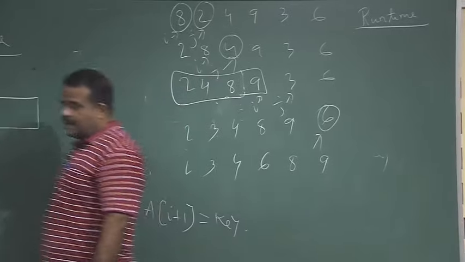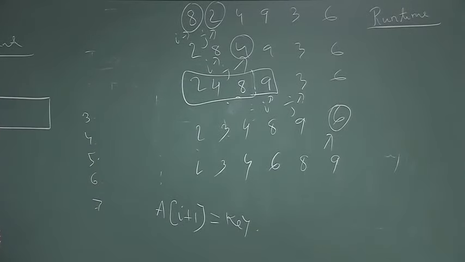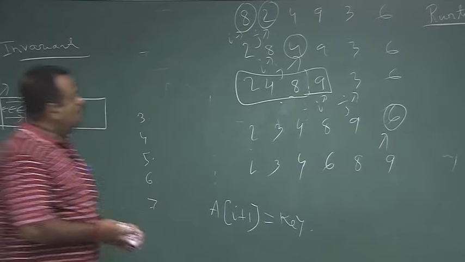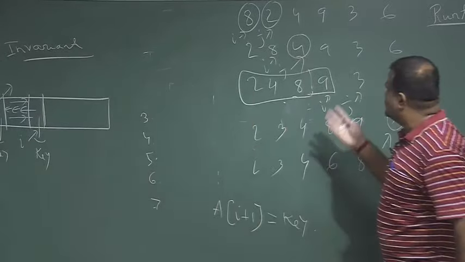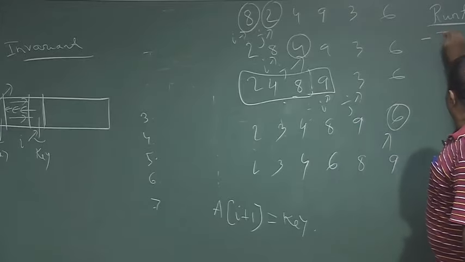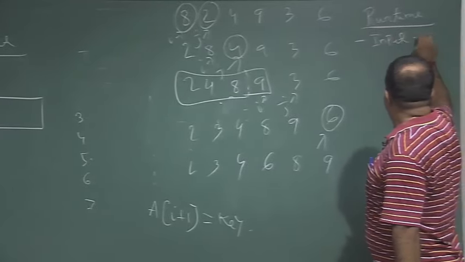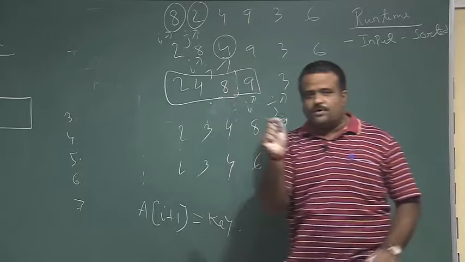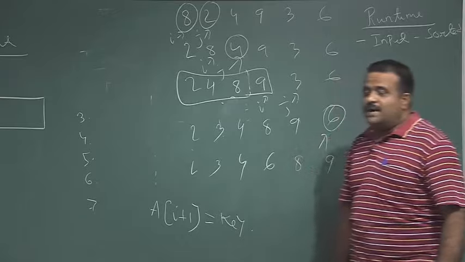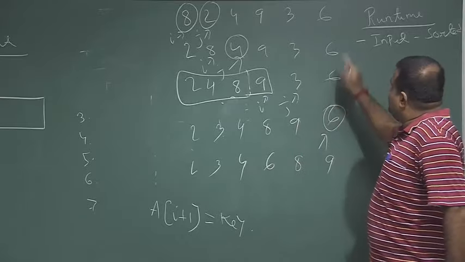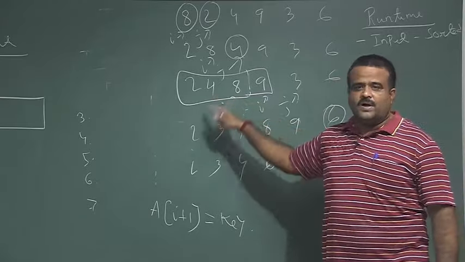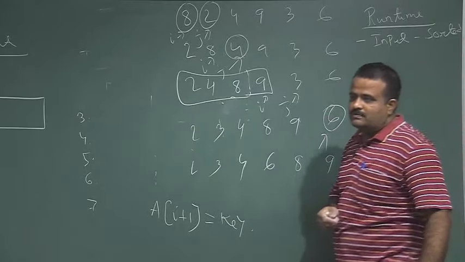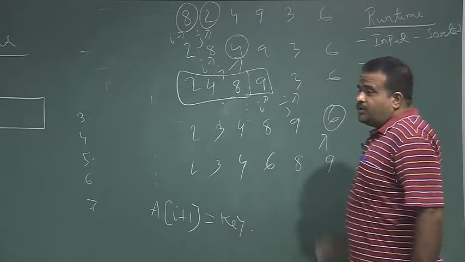So, the runtime will depend on a few things. When we do not need to do many comparisons, if the input is already sorted, we just need to compare with the previous one, that is it. But if the input is reverse sorted, that means everybody has to come a long way to the beginning. So, the runtime will depend on the input pattern, and also it will depend on the